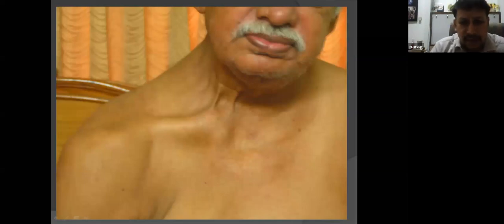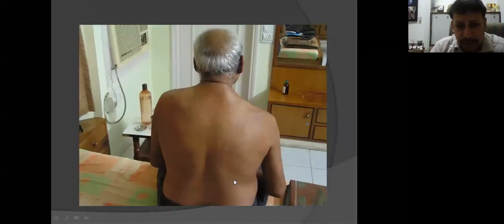And as you see here, there are obviously some prominent muscles, but primarily it is this part which is drooping. Then you look at the back, and again you see that there is something amiss. The shoulder is drooping, and there is complete loss of contour of this particular shoulder as compared to the opposite side. When he tries to lift his shoulder, he can only do it to about 80-90 degrees. And then you see that there is severe winging of this particular scapula. That is the reason why he is not able to lift his shoulder beyond this, because beyond this the scapulothoracic motion comes into the picture. But even by this time, the scapula starts to wing, and he cannot take it any further up.